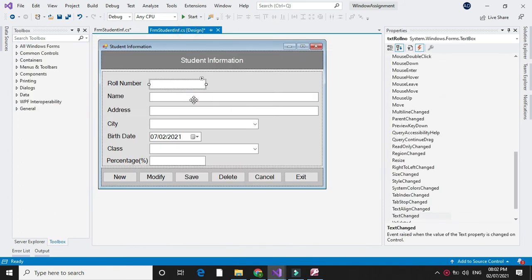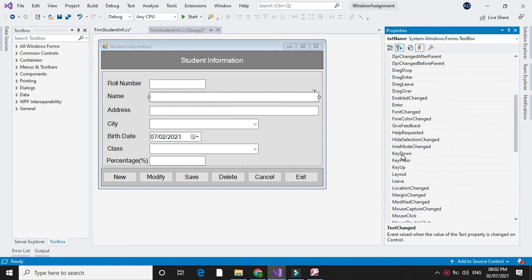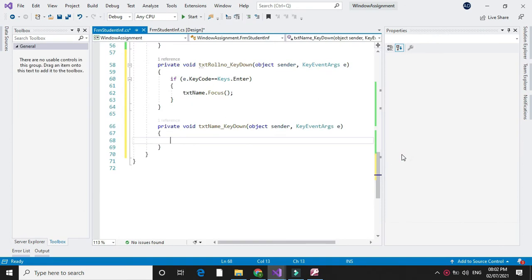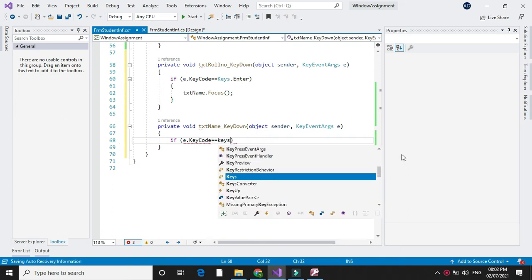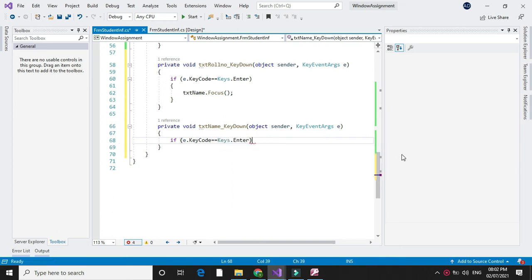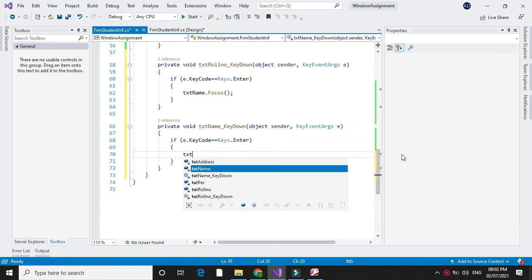Now after name it will move focus to address. So for the name KeyDown event we will write if e.KeyCode equal to Keys.Enter, txtAddress.Focus.